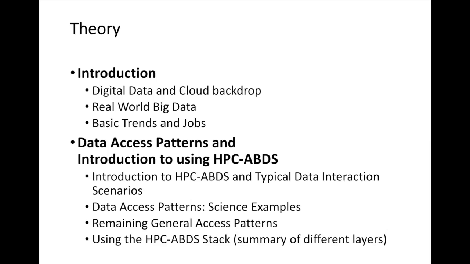So on the theory, we have an introduction that gives you an introduction in digital data and clouds. We will be talking about real-world big data applications and also introduce you to some job trends that we currently see. We also see that it's important to understand data access patterns, and these are being introduced to you, and we are showcasing you typical data interaction scenarios. We show you some examples from science examples. We show you some additional general access patterns, and we are